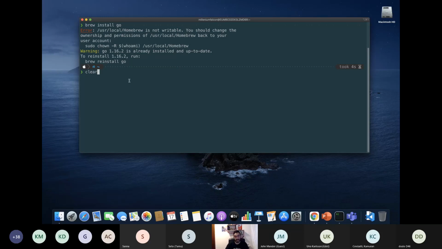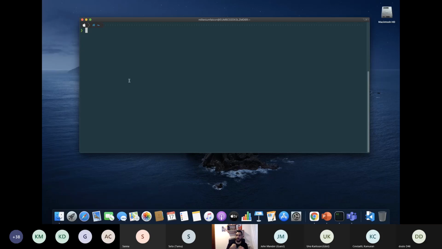Okay, so I created a new user in my computer so that you can see the pain points that you perhaps are gonna have when you're installing Go. Because you might think that, as with other programming languages, that's gonna be it, that's gonna be everything that you're gonna need, right? But in the case of Golang, that's not the case. There are a few things that we need to do before we continue.